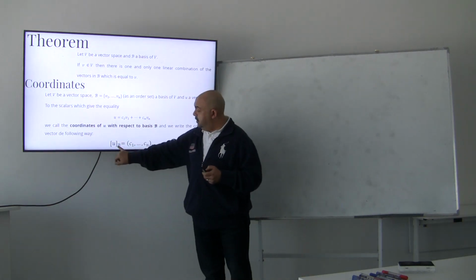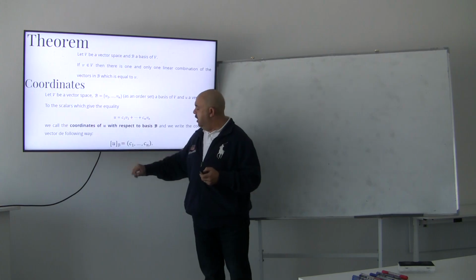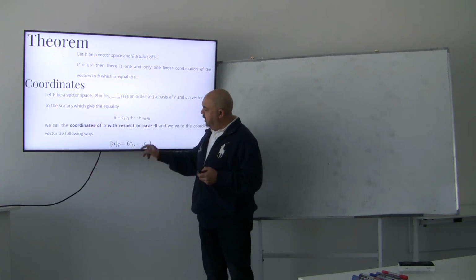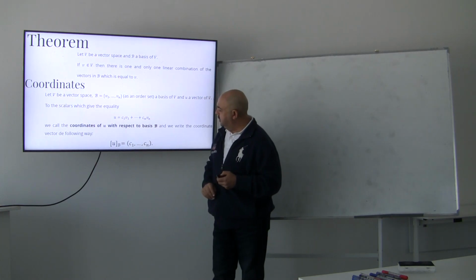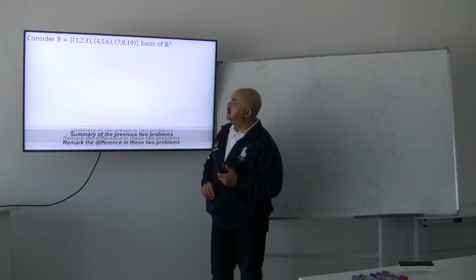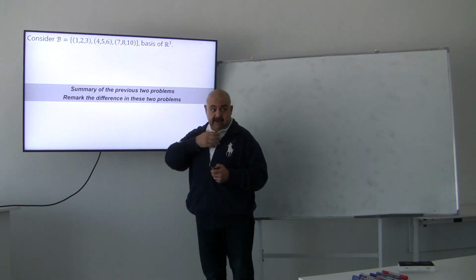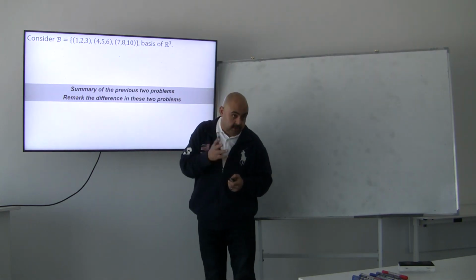The coordinates can be written simply. The coordinates of vector u with respect to the basis B are c1, c2, c3, up to cn. For example, if I have B as the vectors (1,2,3), (4,5,6), (7,8,10), a basis for R3, and I want to get a vector, and we know the coordinates,